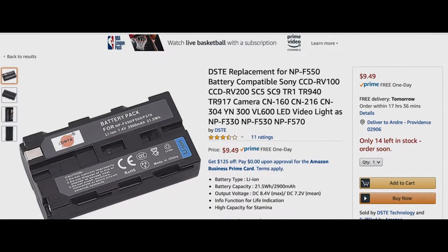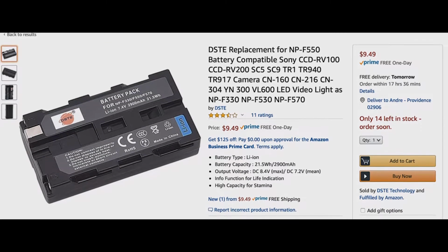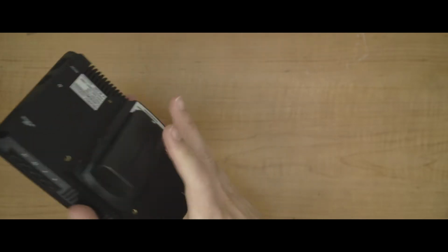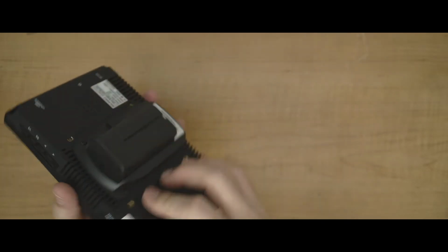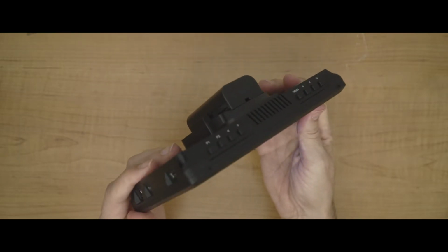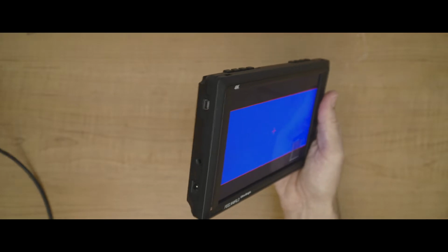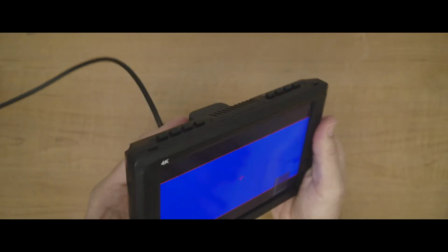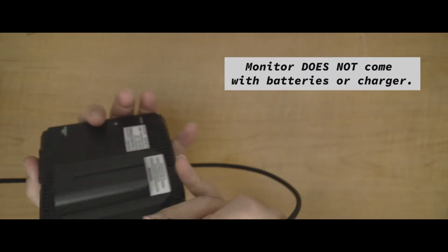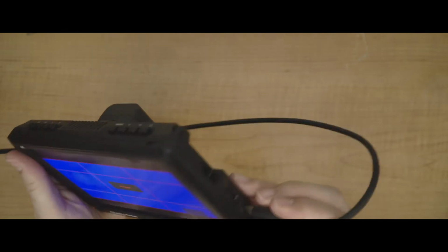Anyway, so powering this guy, I use these batteries. These are the DSTE Sony NPF third parties, and they work pretty well. I guess you can get different ports for this, but I would not, I like the NPF. They work well with some of the other things I have, but your mileage may vary if you have some other batteries from other manufacturers laying around. So once you plug in your HDMI,